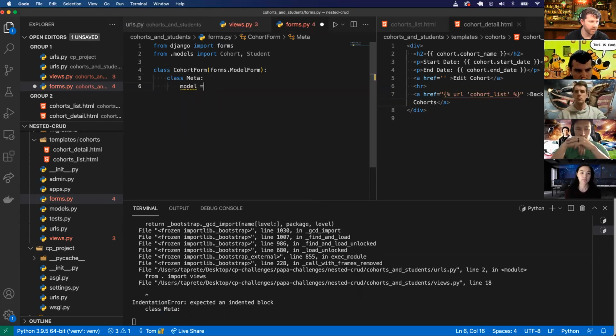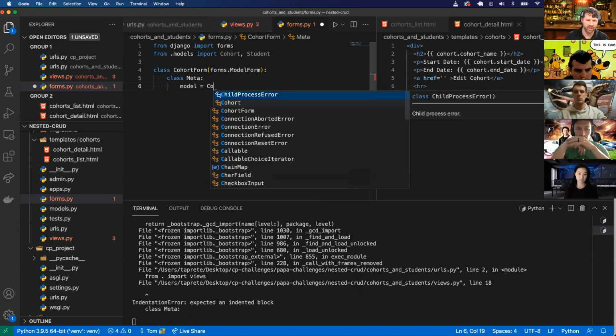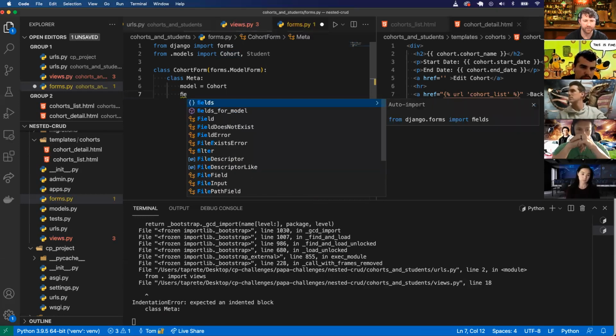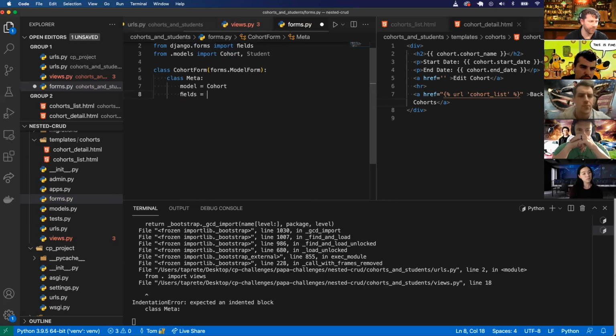And Meta takes in some attributes, a variable model, which is what model this ModelForm is going to be looking at, which is the cohort model, and what fields we want the user to be able to fill out. So we want to be able to fill out the cohort name,